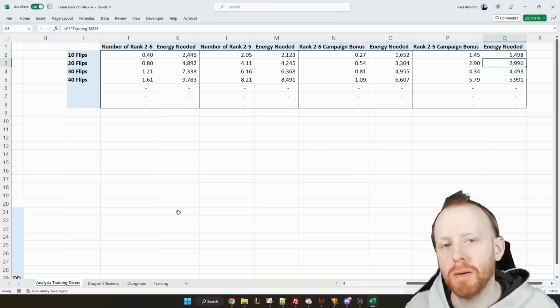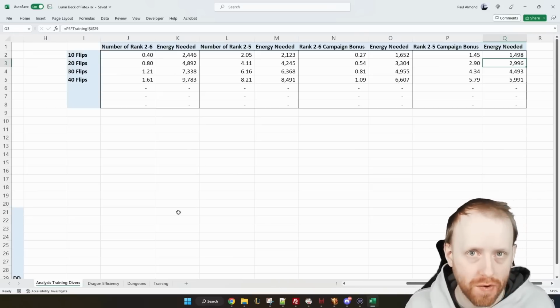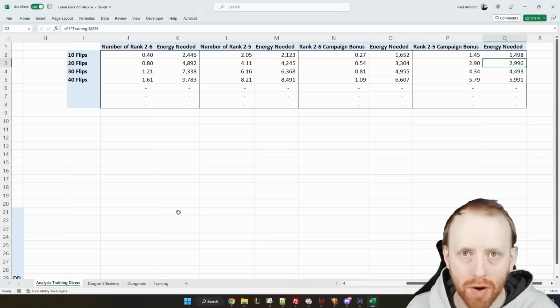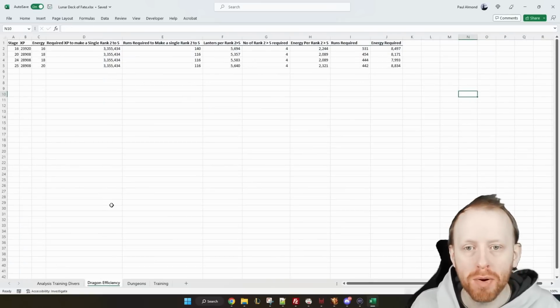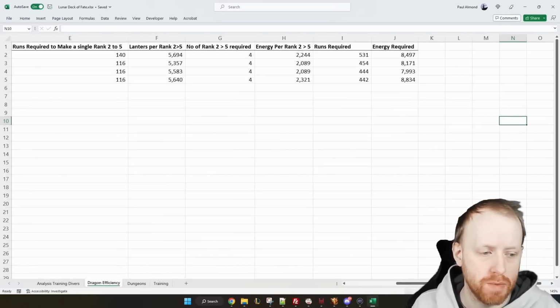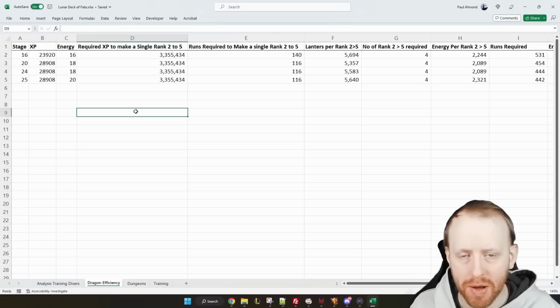Now, the other view that some people have asked me is, how efficient is Dragon 20 food farming, running a solo champion with 4 food, versus campaign running? Is it better to run Dragon 20 with food, or is it better to run campaign? So I've pulled the numbers in here, and I've looked at the math as well. So I've pulled the numbers in from the Dragon 20 champion farming. You get around about